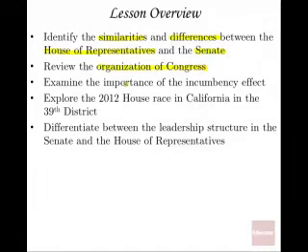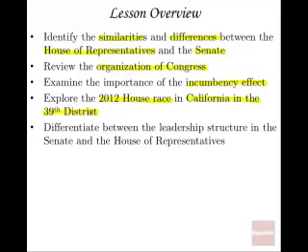We're going to examine the importance of the incumbency effect. So what exactly is an incumbent, and how does that impact both the House and the Senate? And then, as a case study, we're going to explore the 2012 House race in California in the 39th district. I chose this race simply because I found it very fascinating and something that really relates well to the importance of the incumbency effect and how it relates to the House